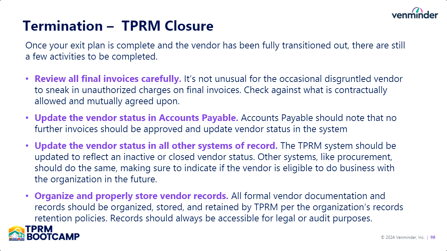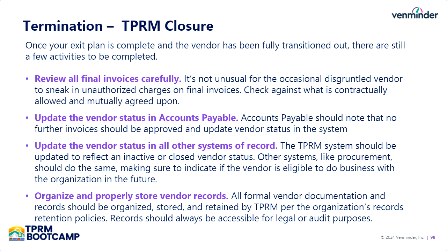Okay, so we're coming to the end of the termination process, and this is largely a bunch of administrative work, but that does not mean that it's not important. One of the first things that we need to do is review all the final invoices carefully. I have seen this personally, especially where we have terminated a contract prematurely, where the vendor tries to sneak on a lot of additional charges that were neither approved nor agreed to. So make sure you're reviewing all of those invoices and approving them. And when you have approved the last invoice, let accounts payable know this is the last invoice. We are not paying anymore.